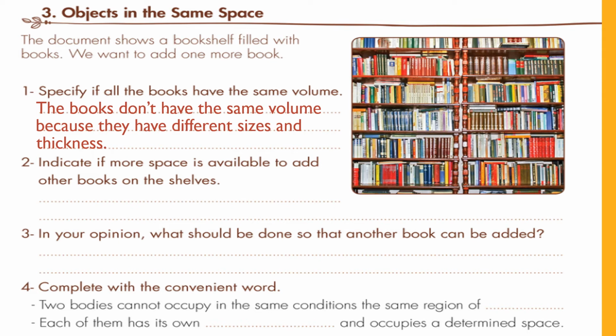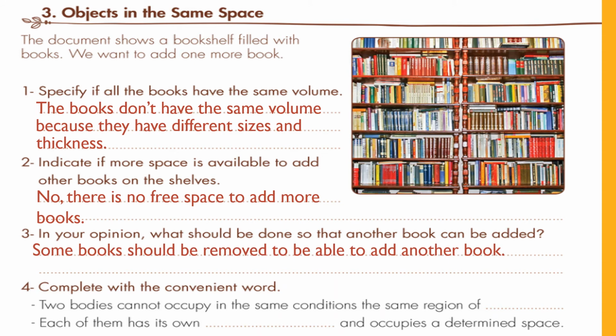Number 2, indicate if more space is available to add other books on the shelves. Look well, do we have a free space to add more books? No, there is no free space to add more books. In your opinion, what should be done so that another book can be added? If it is full and I want to put a book on the shelf, what should we do? Some books should be removed to be able to add another book. So since it is full, I have to remove one or two of the books in order to replace it